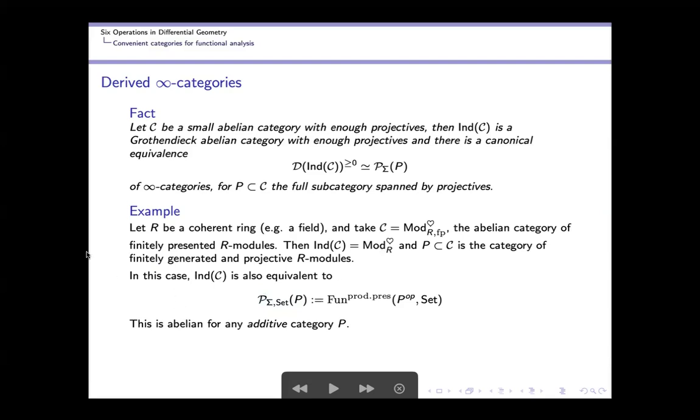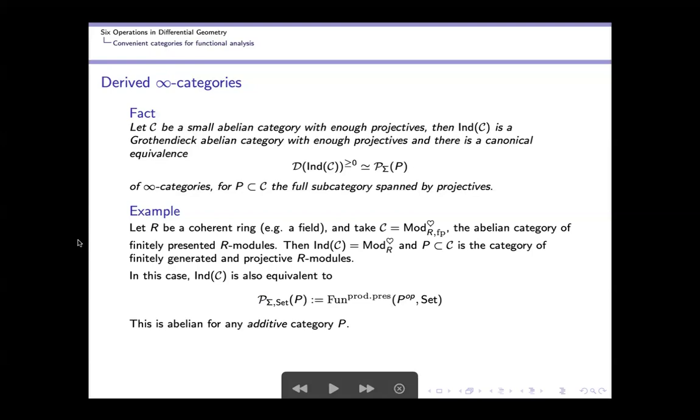So this P sigma construction gives you a way to generalize away from abelian categories. This P sigma construction is abelian whenever you put in an additive category. So it need not be the case that this category P was actually the category of projectives of some category of modules. Whenever you put in an additive category P, the result is going to be abelian, and it's going to be presentable. So now the idea is to put in some category of projectives of a functional analytic nature to produce this category,